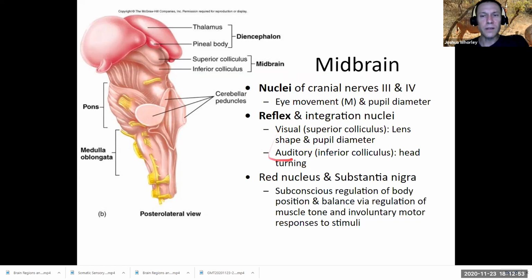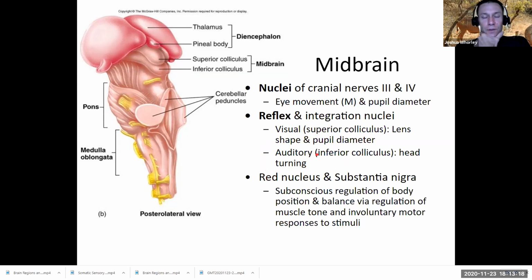It's also an integration station for visual and auditory input. And this is largely reflexive. So we have visual input coming in and synapsing here first. So coming in through the optic nerve to this area first, and that helps us to then change our lens and pupil diameter. And there's also motor output here